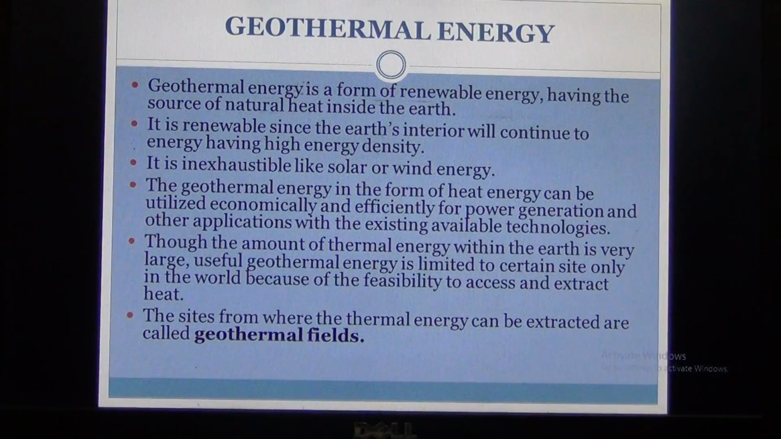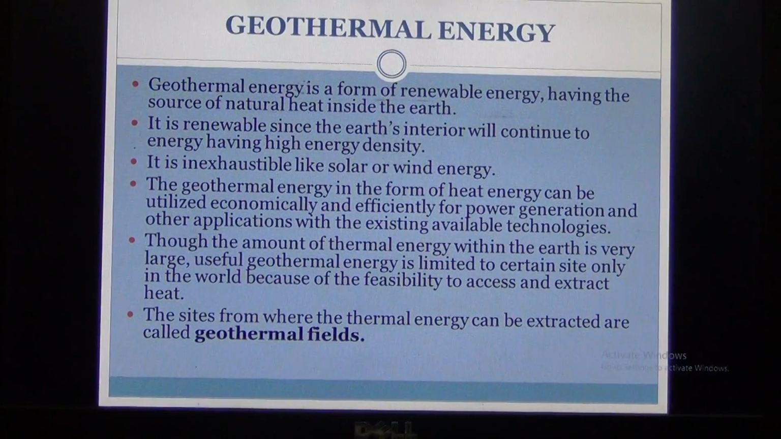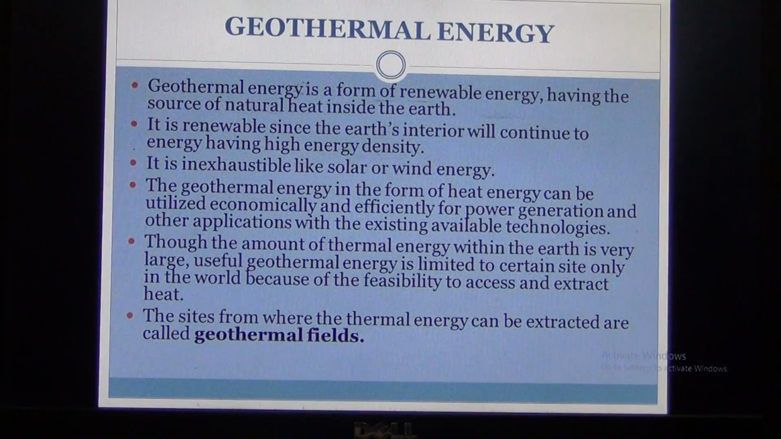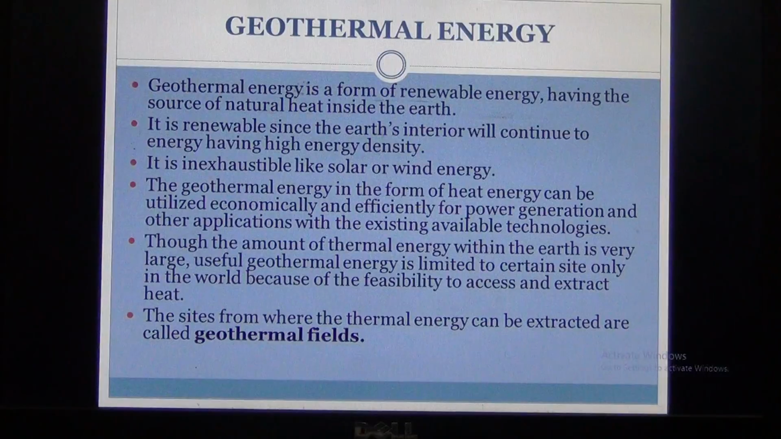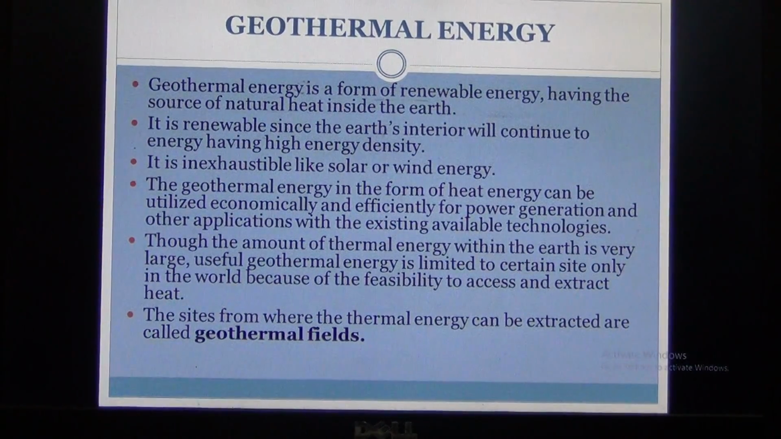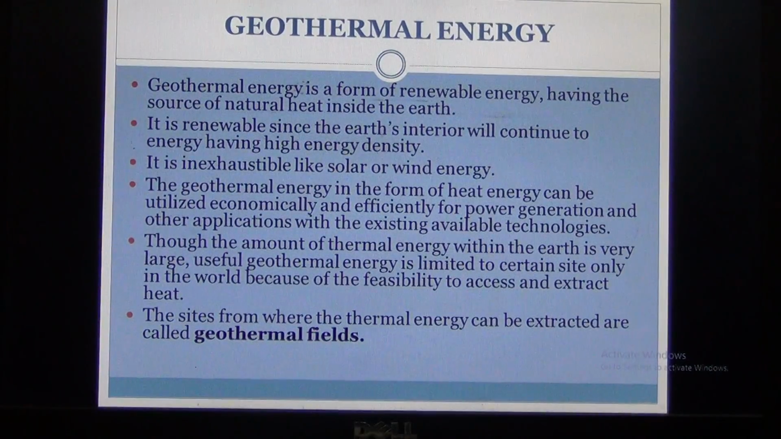We can see some hot water steam generator wells, as well as hot water wells. So these are examples of geothermal energy. It is renewable energy since the earth's interior will continue to supply energy with high energy density. It is inexhaustible like solar or wind energy, because the heat of the earth is very high, and the heat is being transferred